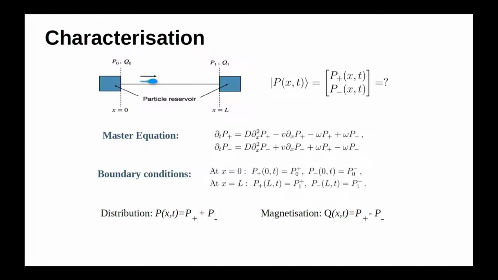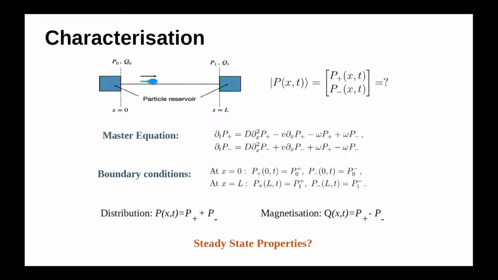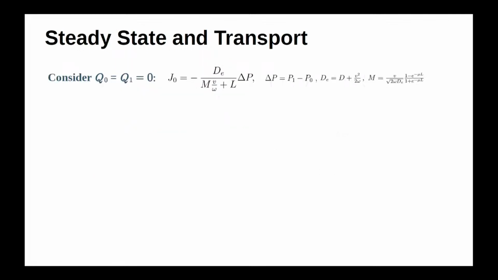So, this is the standard protocol, and we start by asking what are the steady state properties. This is a boundary driven system, so we expect that for boundary reservoirs with two different densities, there will also be a current. So it will have a transport behavior. We ask what is the steady state and transport. The equations I have just shown, in the steady state the left hand side is 0 and they can be quite easily solved, and you get a solution.